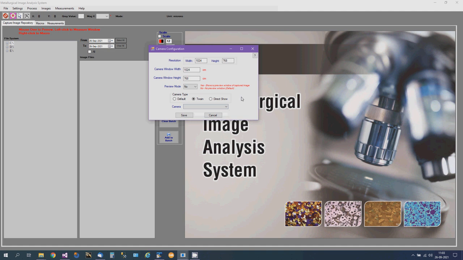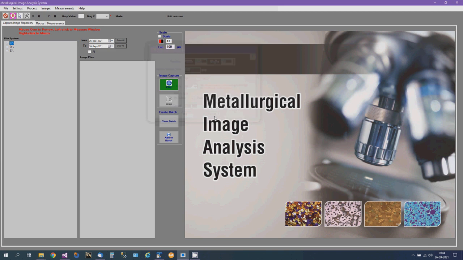Our software also supports DirectShow mode. So if your camera supports DirectShow and you have installed the necessary drivers for that, you select DirectShow, and here also it will show the cameras that are supported by DirectShow and connected to your system. Here we will be covering everything using our default standard camera. This is a 5 megapixel camera, D300. It's already configured like that.